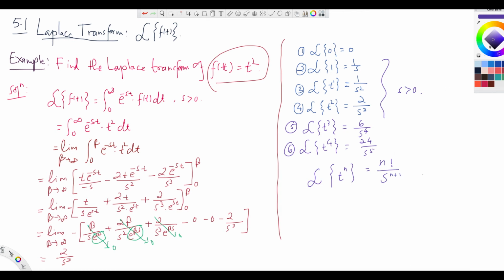This is the formula. When the exponent is a positive integer, the Laplace transform is n factorial over s to the n plus 1, because you